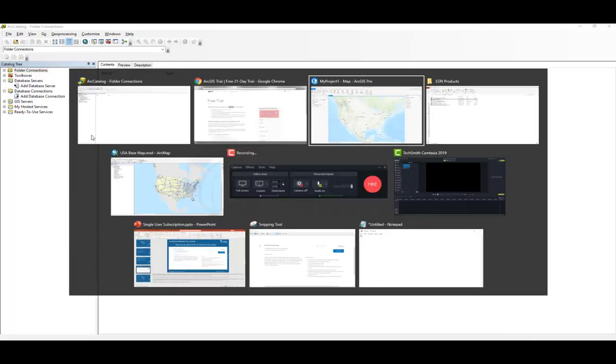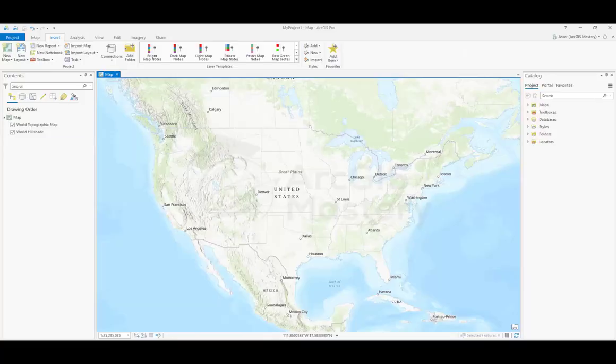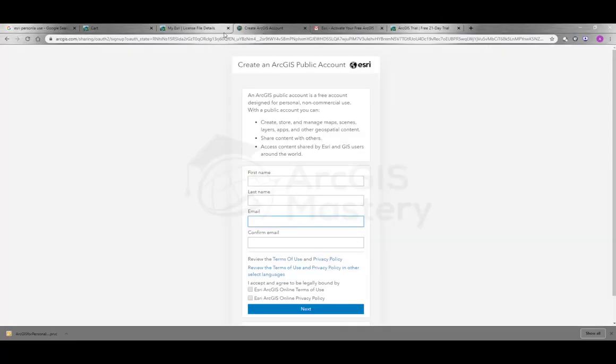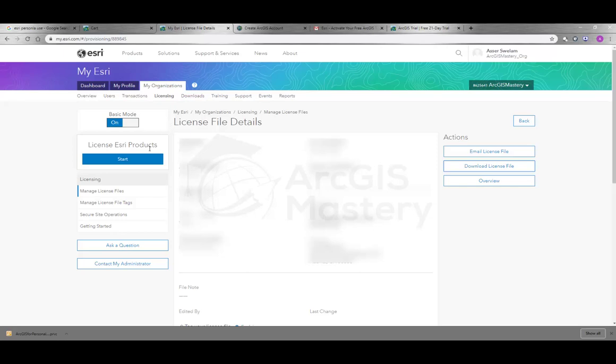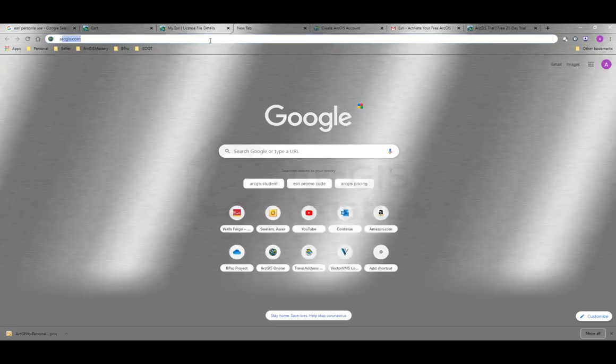So now let's go back here again and see what we have. We downloaded the applications we need, we installed them. Now we have our ArcGIS Online account, and we have ArcGIS Pro, and ArcGIS Catalog, and all the desktop applications we need. What else do we get with the ArcGIS personal use account? As I mentioned before, you get a creator account on ArcGIS Online. So if we go to ArcGIS Online, which is arcgis.com,